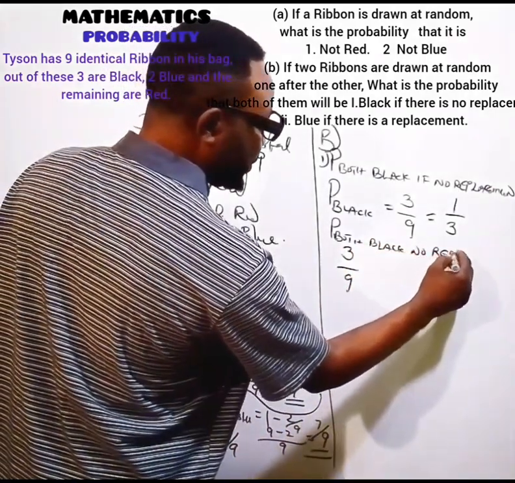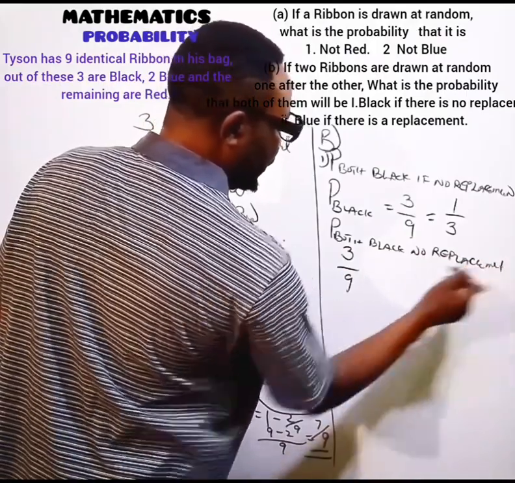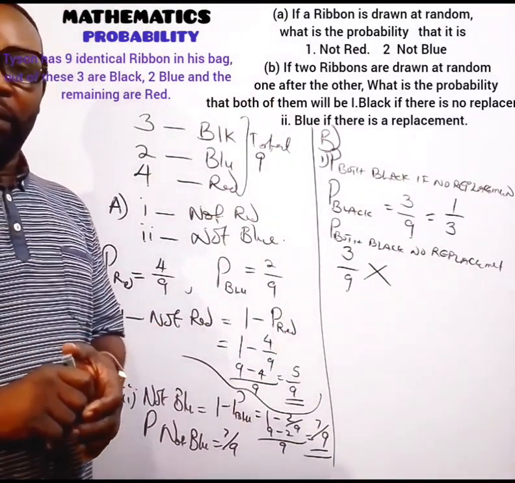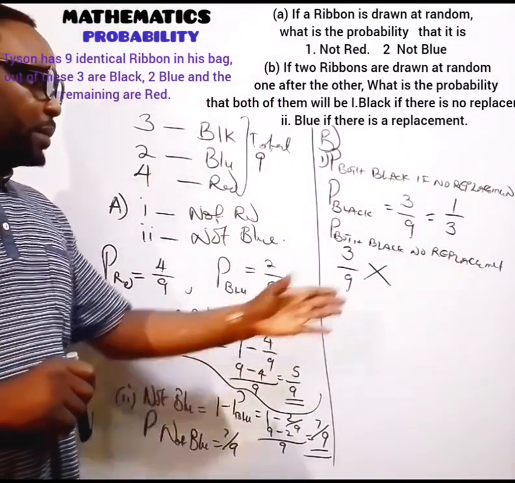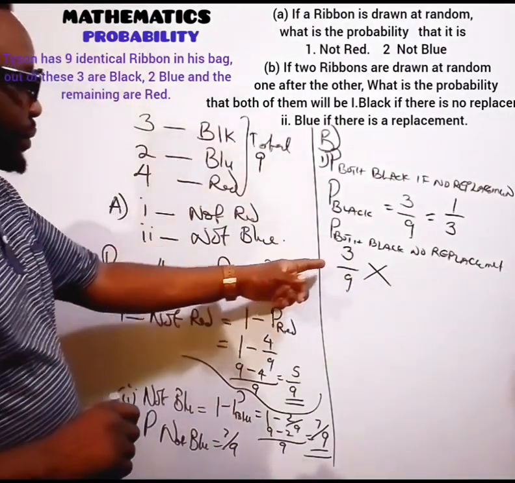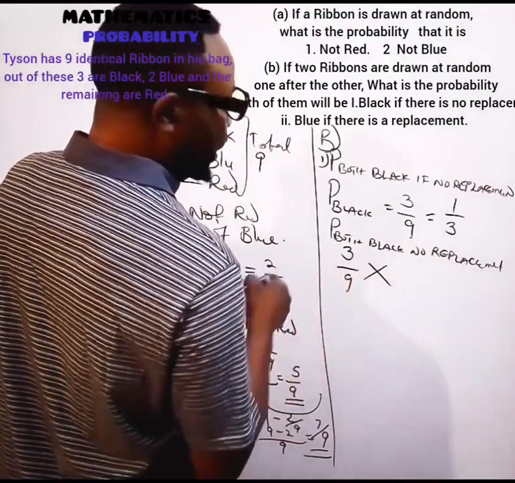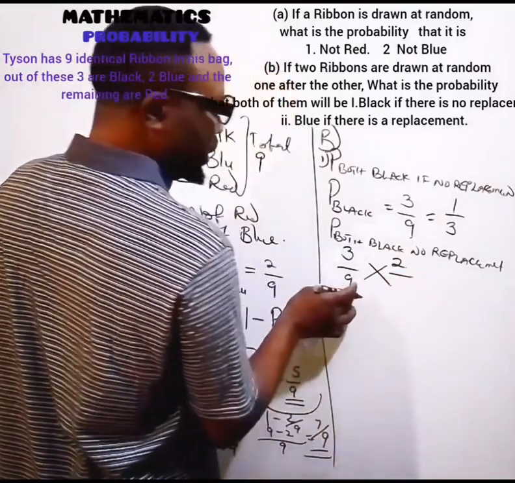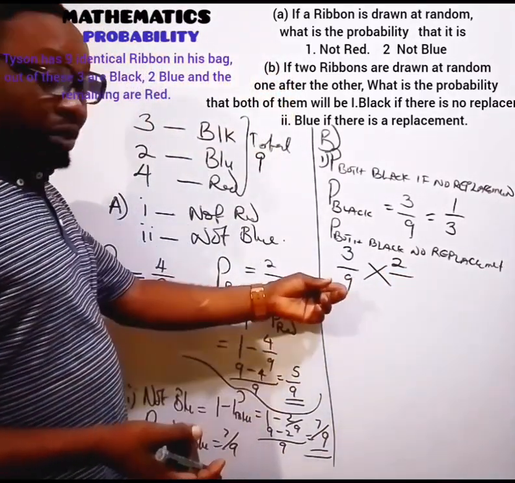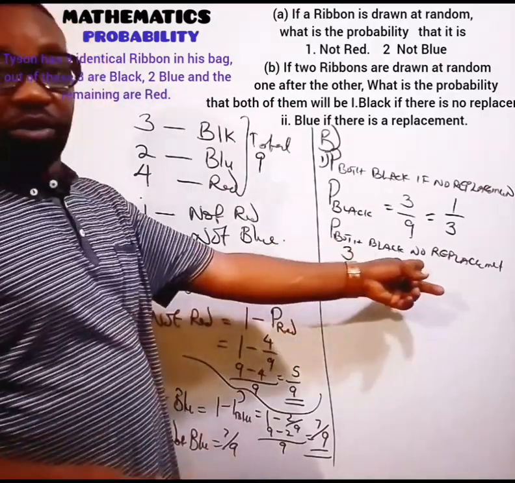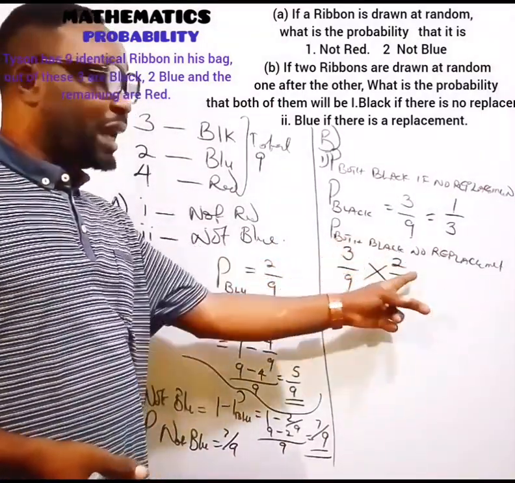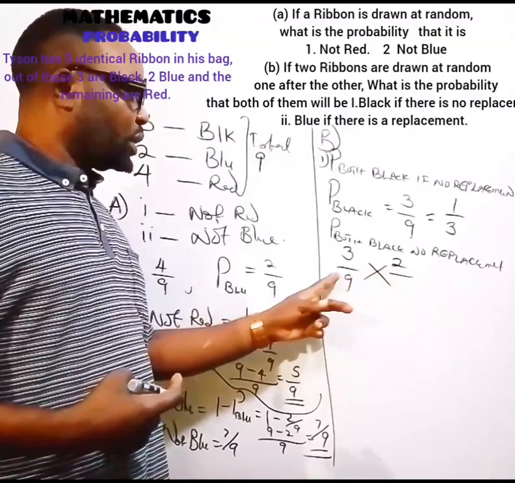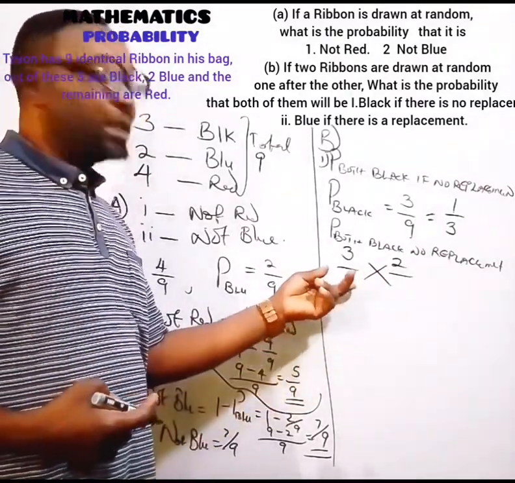no replacement, 3 over 9, and the second one is also a black ball. That will be multiplied by the second ball also being black. Don't forget, there is no replacement after you have picked out the first ball. That will be 2 over, then the 9 will also be reduced because this is the total number. The black balls have been reduced to 2 because it is the probability of that same black for the second ball that is going to be drawn out. So that will be 2 over, the total number of ribbons,